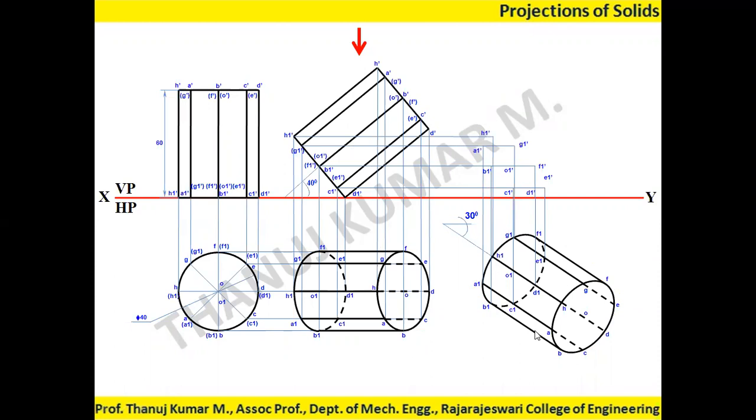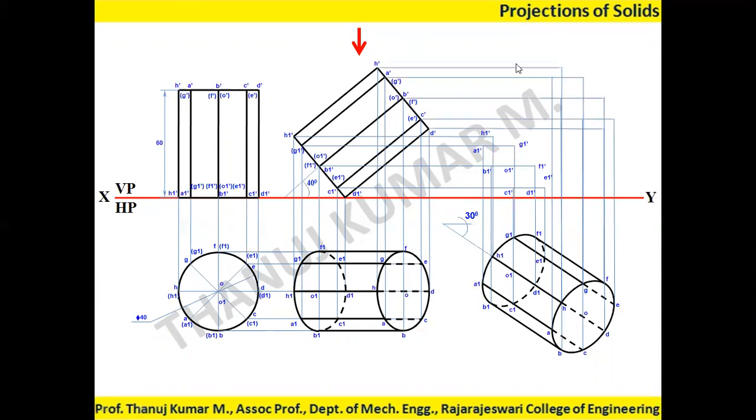Similarly, you go to the top view. From the top portion of the figure, project the projectors, and from the top view in the front position also project the projectors and get the locations of the points. After you have located the points, first location of the points is very, very essential. If by chance you make a mistake in this, you may not get smooth curved lines. It may not look like an ellipse. It may look like something else other than an ellipse.